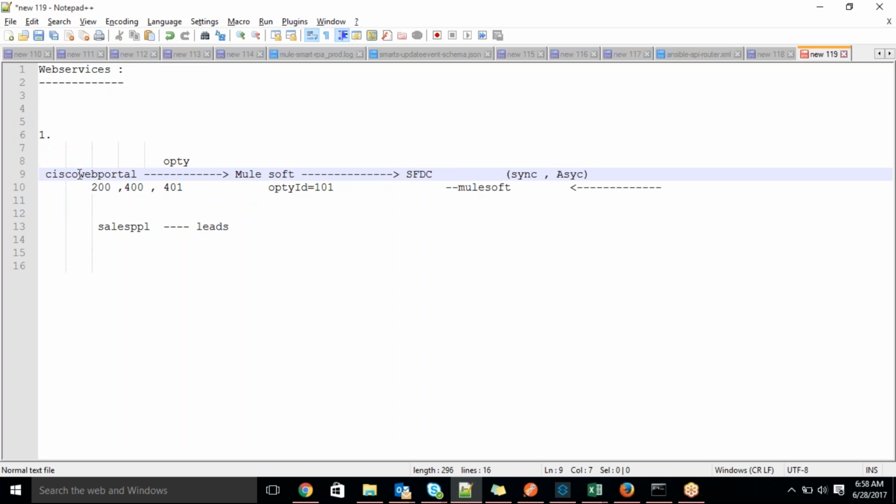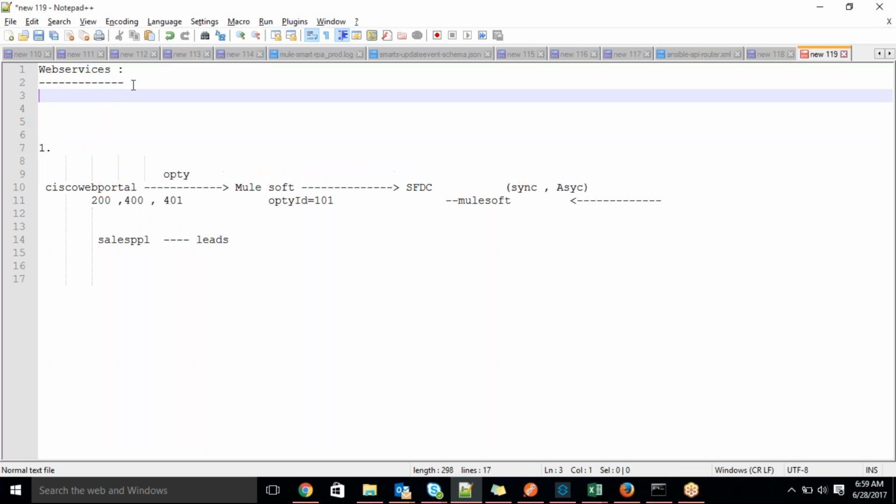If you speak directly from the Cisco web portal to SFDC, and if it is only one communication, we can create it, guys. I mean to say, SFDC to Cisco portal is not only one client. In future we'll get multiple clients. Cisco portal will expose their API. This is SFDC, right? SFDC exposed an API, and we are trying to consume it here.